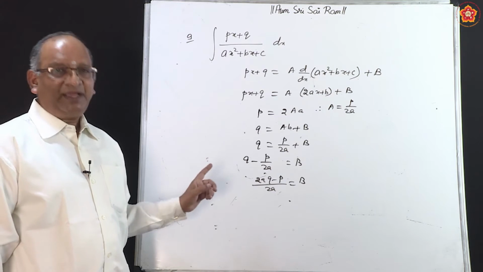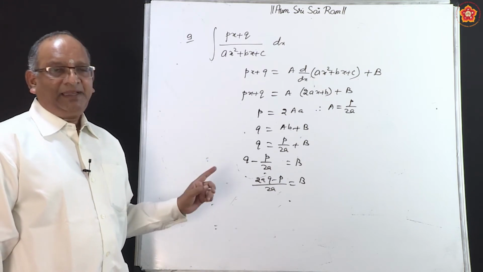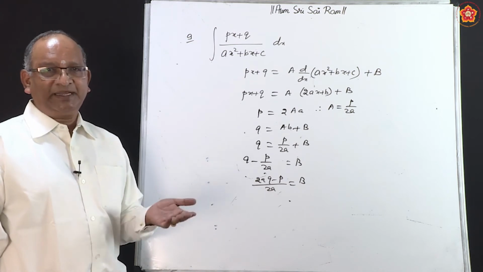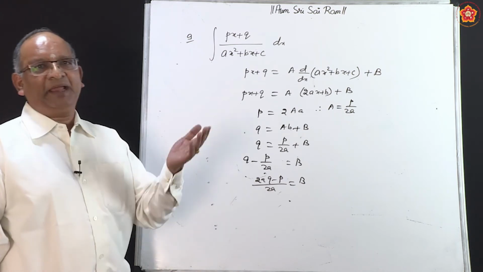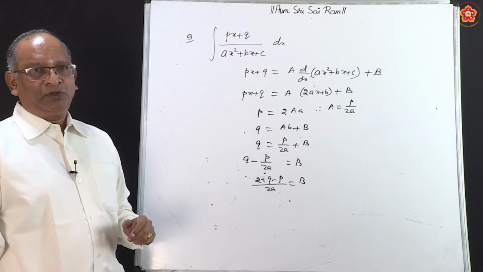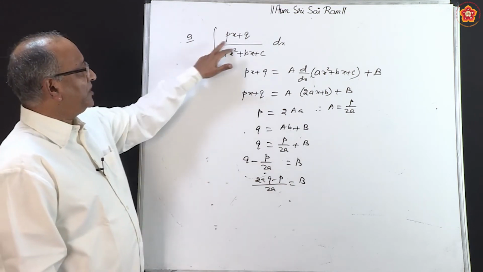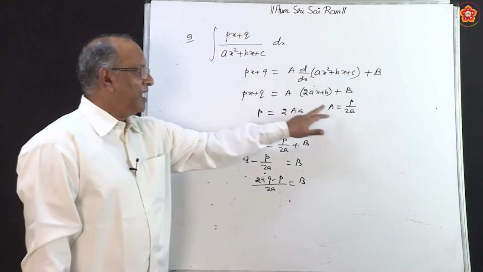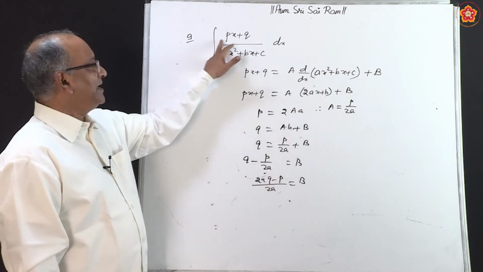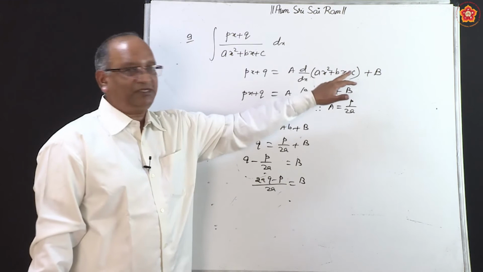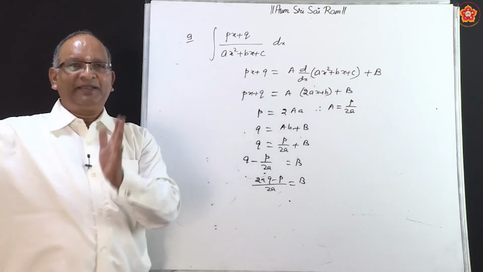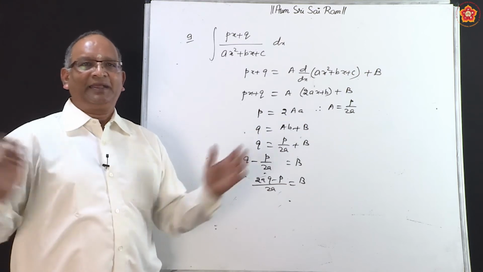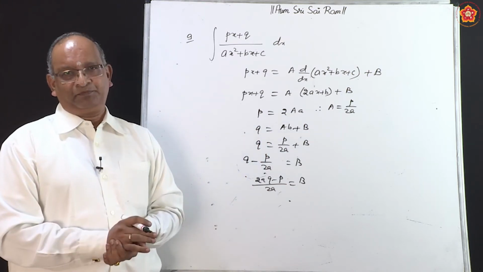This, in detail, we are going to study in the next session, where we are going to study integration by partial fractions. But right now, if you come across this situation, this is the procedure. What is the objective? To know what is A and what is B. So px plus q will get changed into this. You will get two different integrals and you can integrate them independently and finally club them.